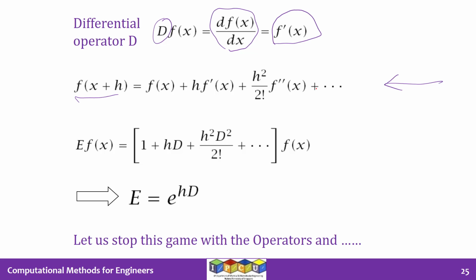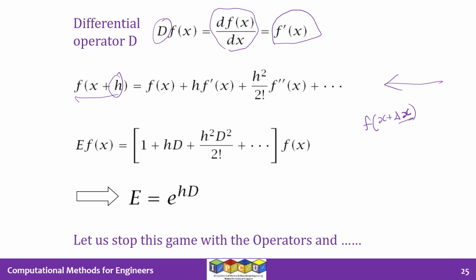We have seen this in the context of the Newton method, where we talked about f of x plus delta x, right? And then we wrote the Taylor series expansion. That's how we developed the Newton method, by truncating the right hand side to the linear term. Here, instead of delta x, we are now using the symbol h. Otherwise, everything is the same. All we need to understand is this h is nothing but what we called delta x earlier.